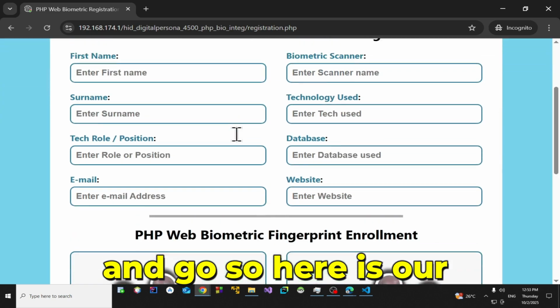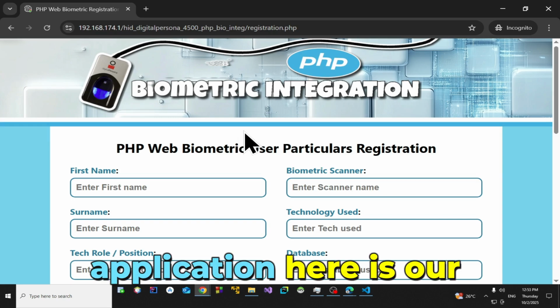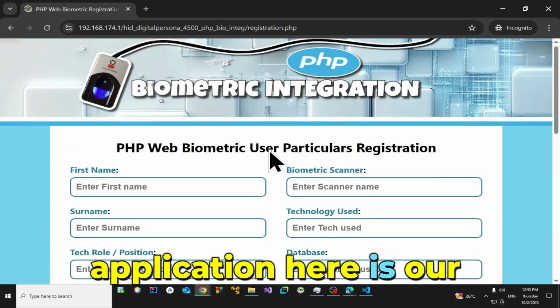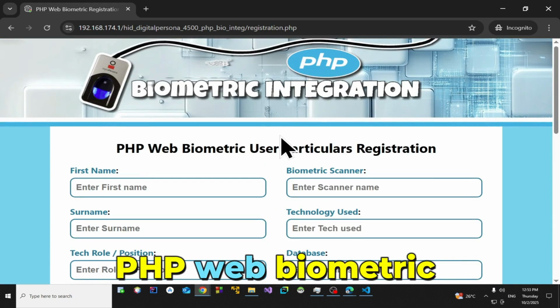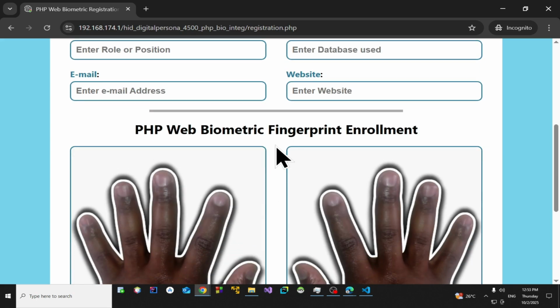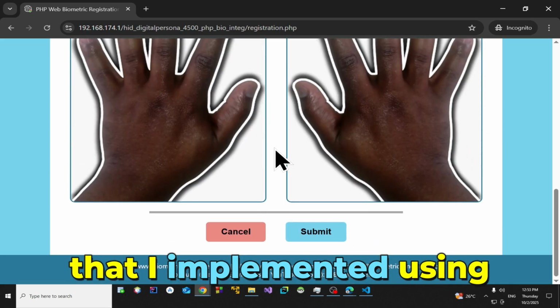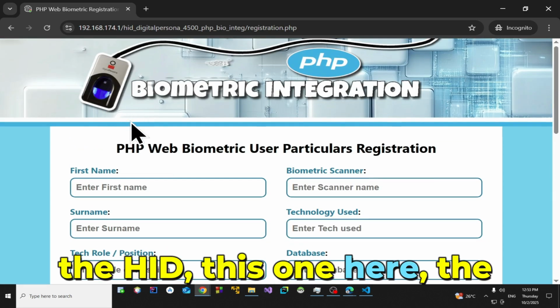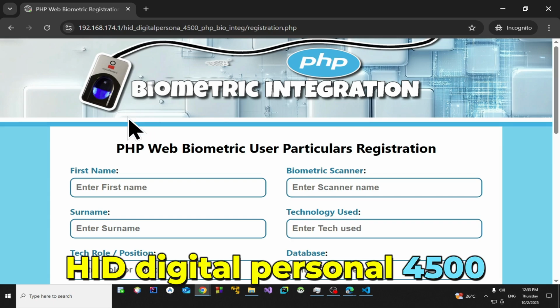So here is our application. Here is our PHP web biometric application that I implemented using the HID DigitalPersona 4500